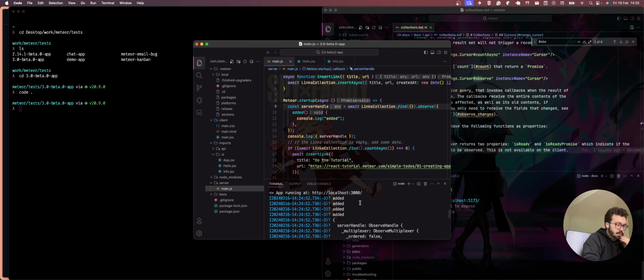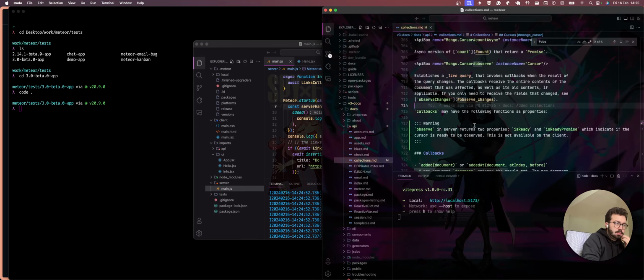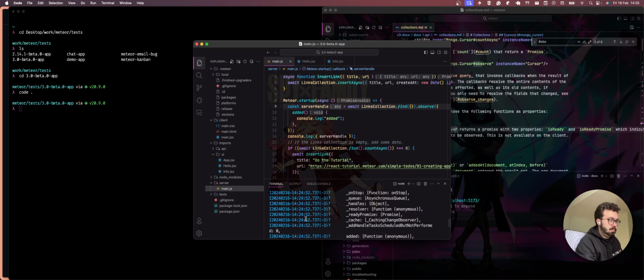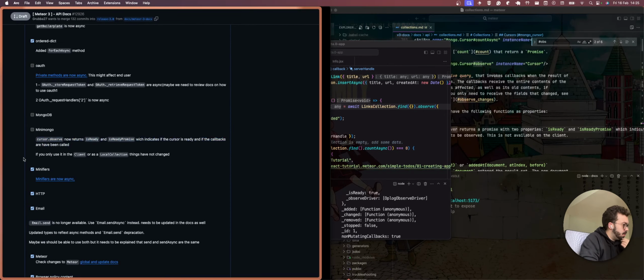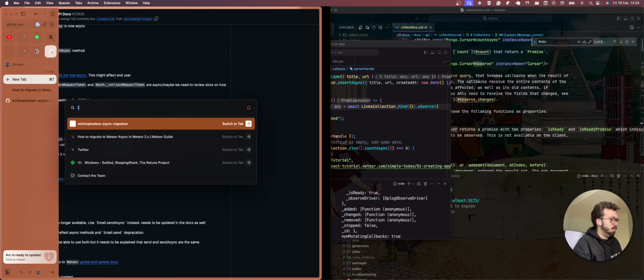Yeah, it's actually a promise. The server returns a promise. It's really weird because on the client it's probably okay. I'm not liking what I'm seeing here.